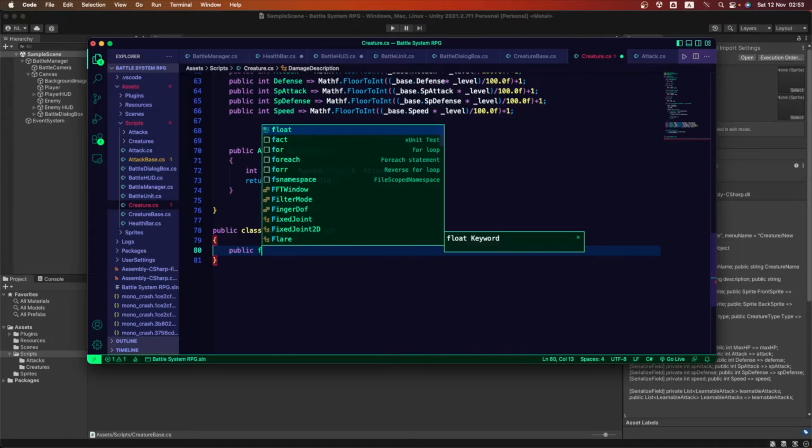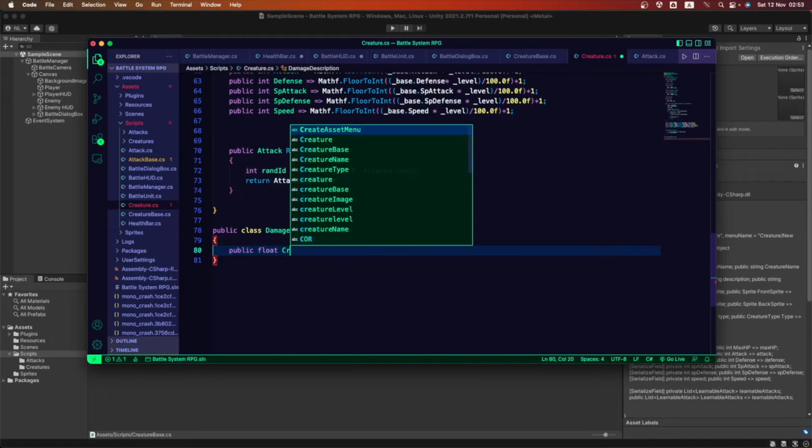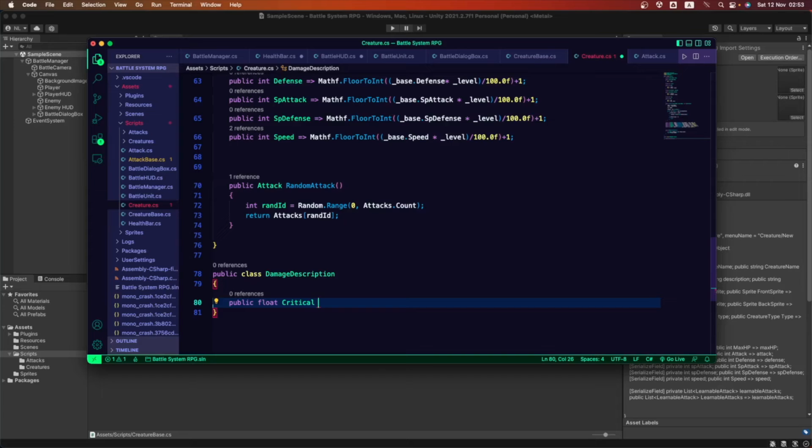The first one is going to be a float called critical, and we're going to be getting or setting this value, so get and set, and there it is.